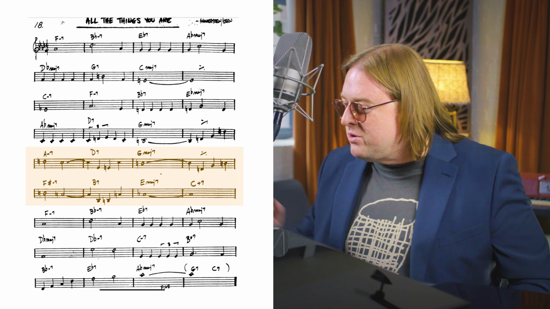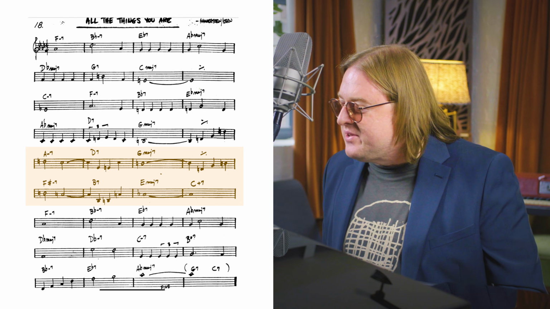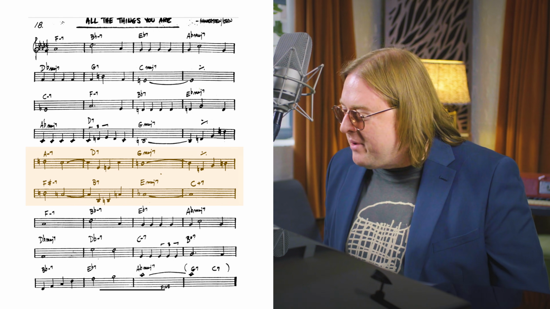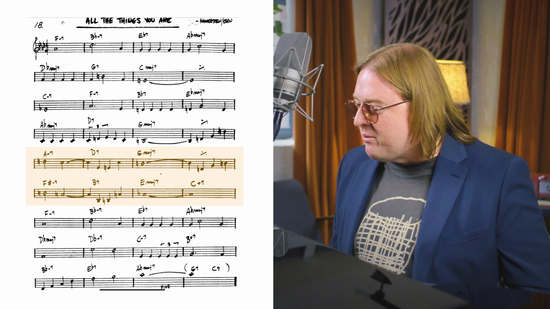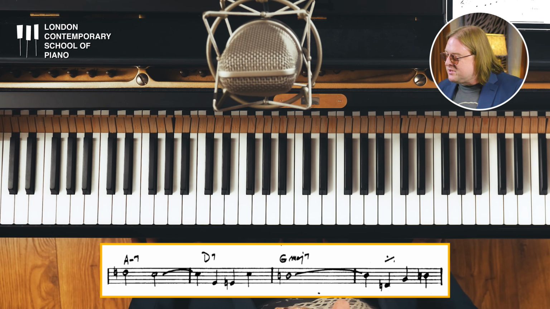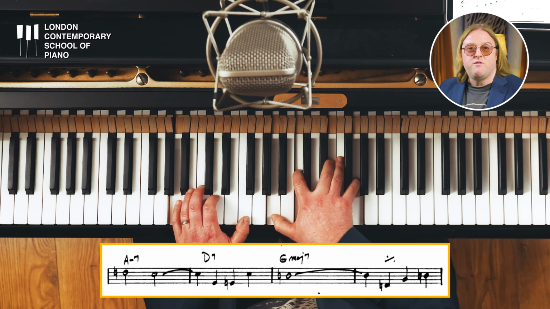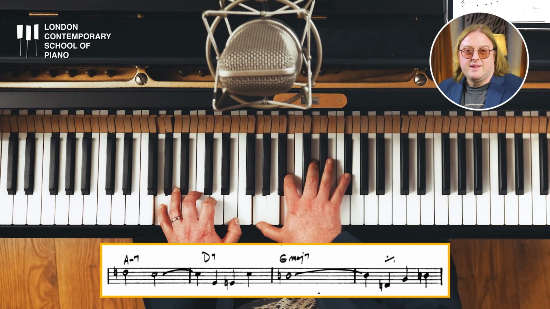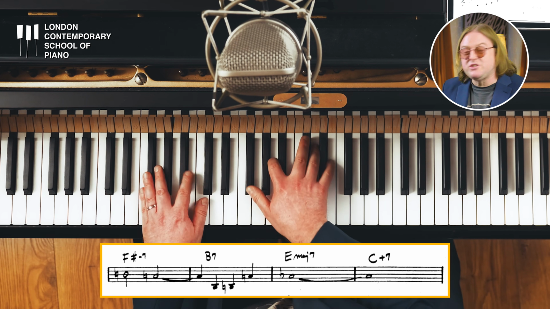So we've had the first 8 bars in F minor, the next 8 bars in C minor, and then there's a lot of chords in this song. So what have we got here? A minor 7, D7, G major 7, F sharp minor 7, B7, E major 7. What does that all mean? Well, if we use a bit of detective work, we've got a lot of 2-5-1s going on here. We've got a 2-5-1 in G major. Then we have a 2-5-1